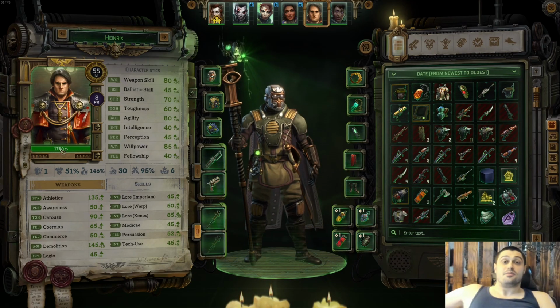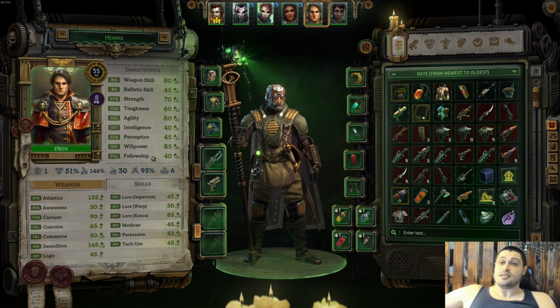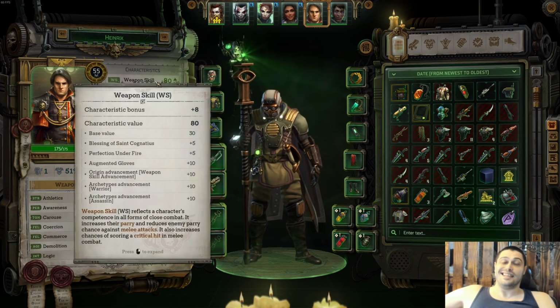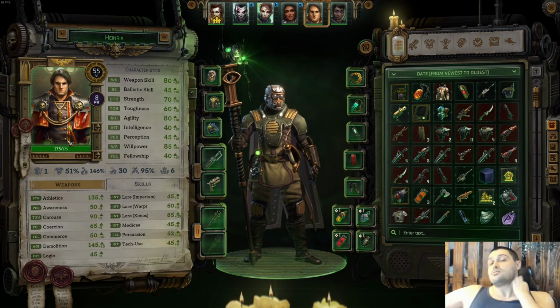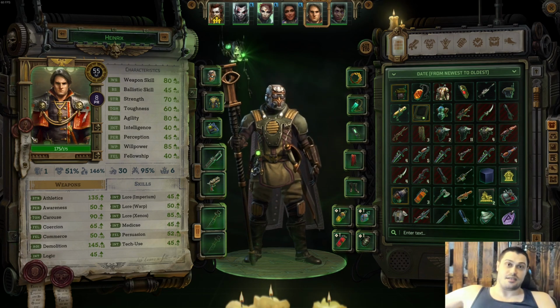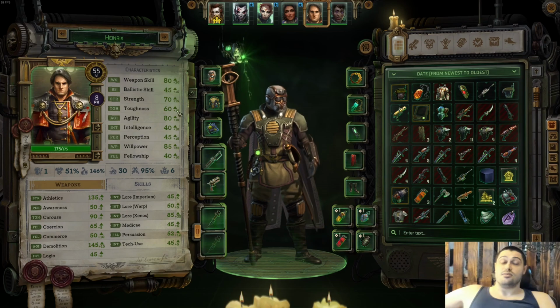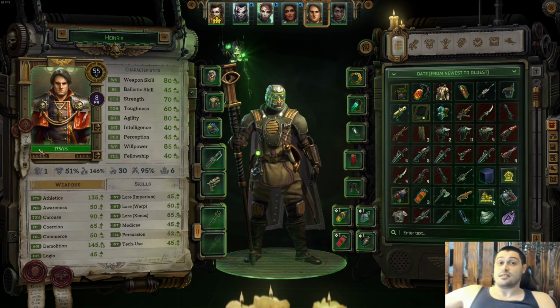We start from characteristics. What is the most important thing on Heinrix? Definitely it's willpower and agility. Then comes the weapon skill, because we're gonna play Heinrix as a psyker assassin in this build. He basically needs all, including strength, so to balance out Heinrix is a quite difficult job, but I got everything